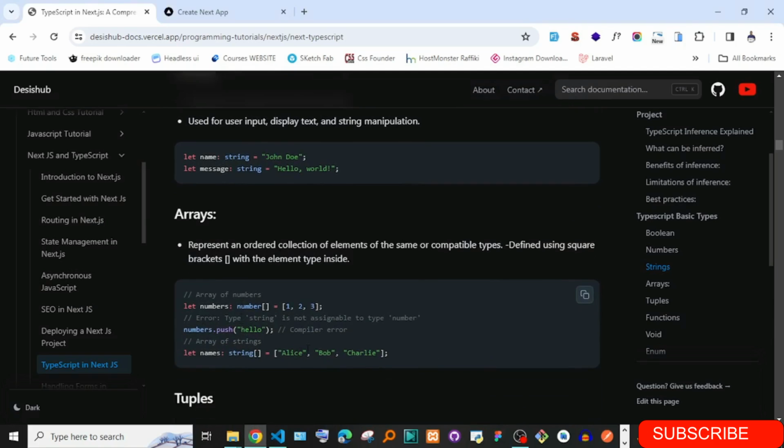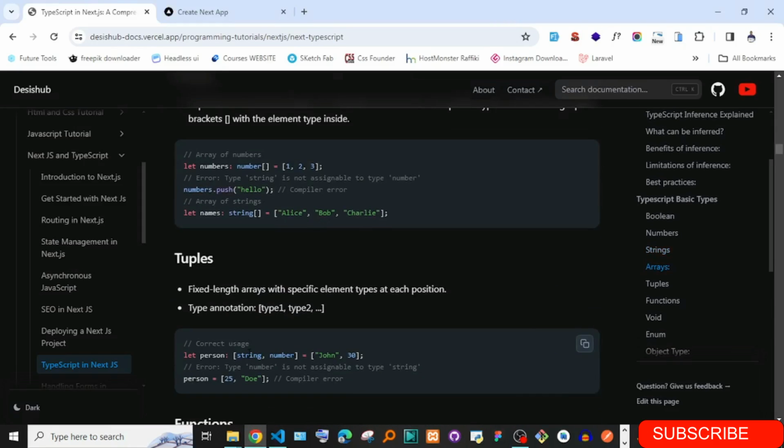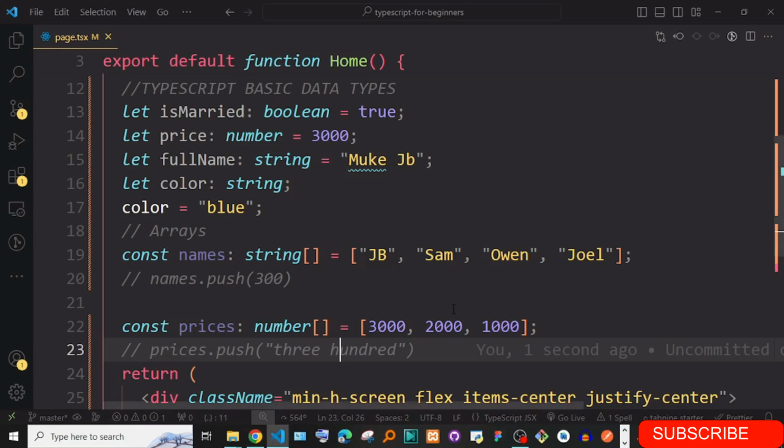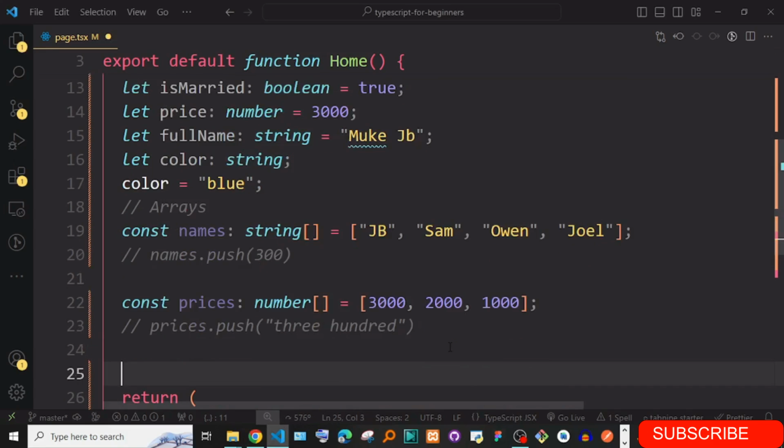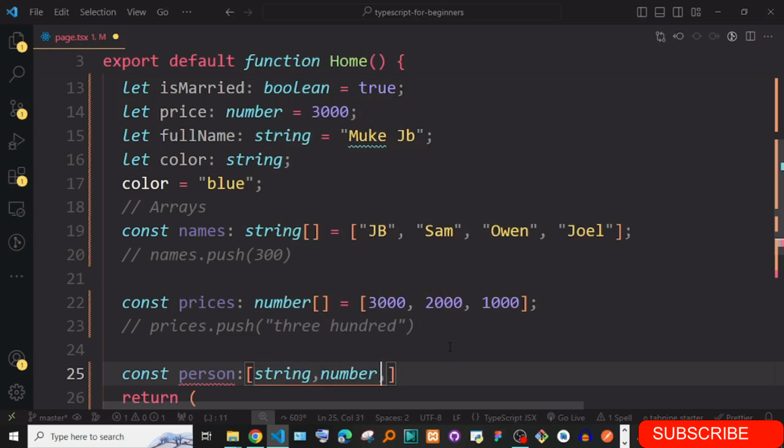Now what you should know is that there are some other types of arrays. Basically there's one called tuples. A tuple has a fixed length with a specific element type at each position. For instance, you can say const, maybe person, and this is going to be a specific array, and you say at first it has string, number, string.